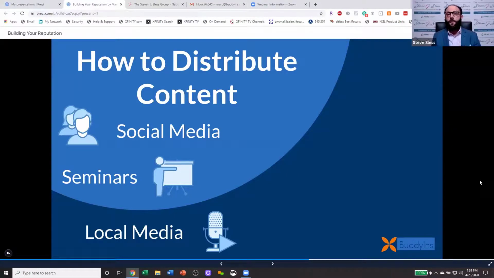But only 4 million are actually posting content, creating content, and posting on LinkedIn at least once a week. And so there's a huge void and an even greater opportunity to be a thought leader on LinkedIn. If you're posting content on LinkedIn, you're one of only 4 million of 500 million total users. And so LinkedIn is a sea of opportunity. If you leverage it right, the opportunity is massive.